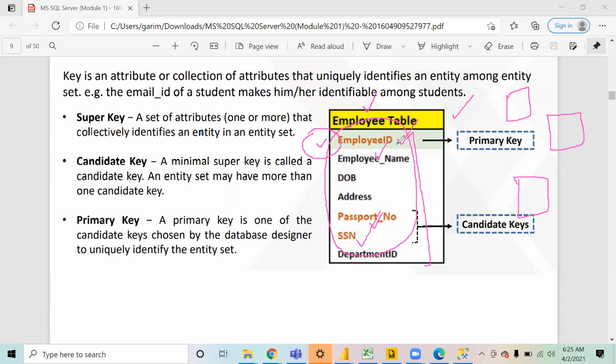Now, when you define one column as a primary key, the remaining ones are called alternate keys. Alternate keys means they could also have been the primary key, but since we have already chosen our primary key, they become alternate keys. Are you all able to get my point? So these are the terminologies that we use. A primary key is a column that we have assigned to only have unique values, and that column works like a unique identifier for that entire table.